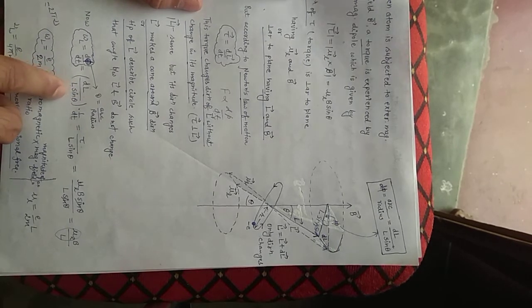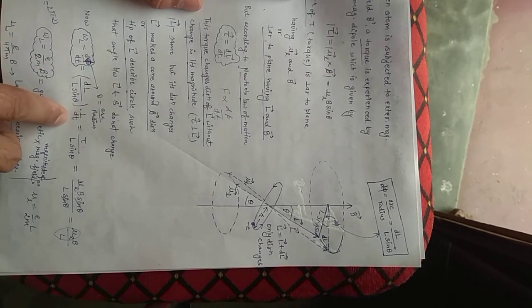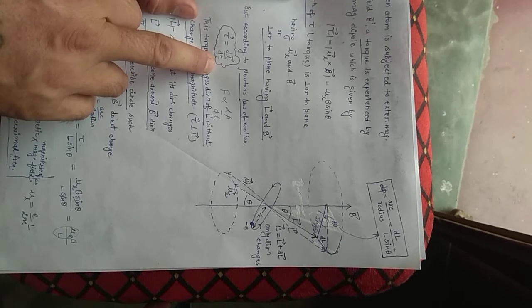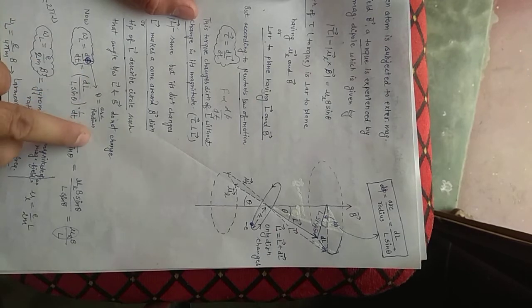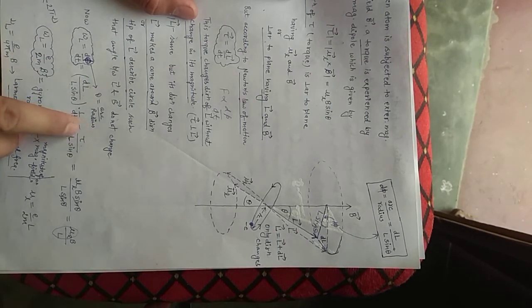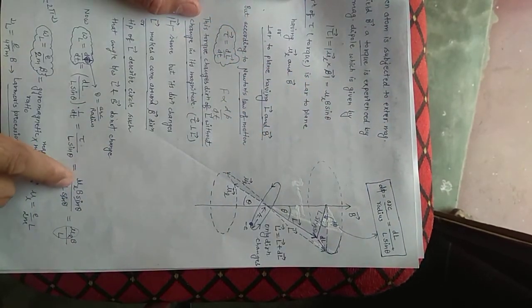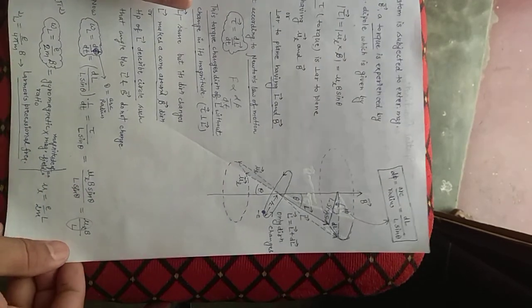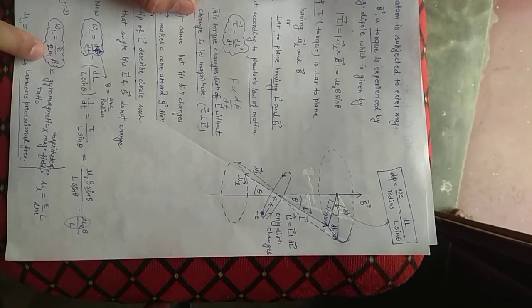Now see, what is this dL by dt? According to Newton's law of motion, dL by dt, the rate of change of angular momentum, is nothing but torque. So we can put dL by dt to be torque, tau. And tau is mu L B sin theta. So you will put the value here, cancel the terms which are common in the numerator and denominator, and then put the value of mu L by L here. And then you will get the final result.